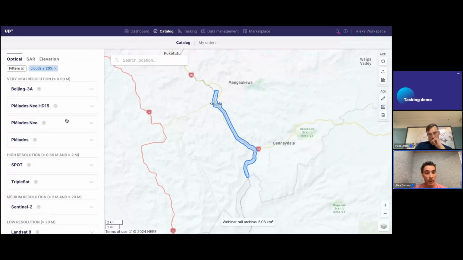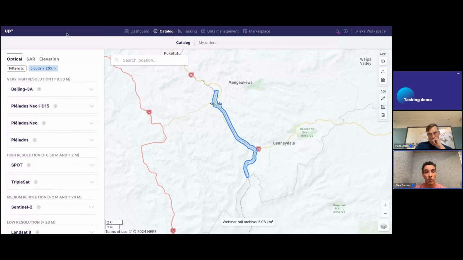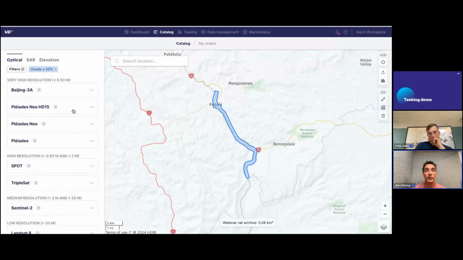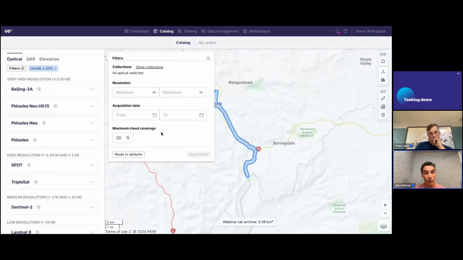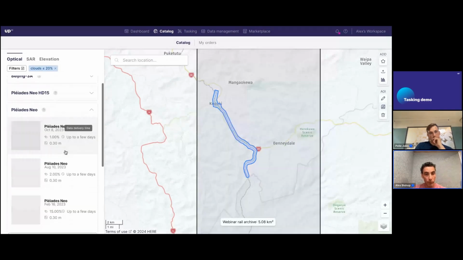And on the left here, we have the available collections over this site. Now, this actually isn't that many returns. If we were to go to other parts of the world, you might see many more collections available, right? So we're only showing the data sets that are available for the given filters or parameters. In this case, 20% cloud cover. I'm not putting in a minimum or maximum resolution, although you could filter on that, and of course, acquisition dates. But here, interestingly, we do have some very high resolution options, along with some medium and low ones. And this Pleiades Neo looks pretty interesting. So I can open up